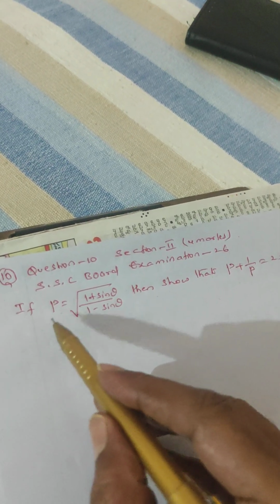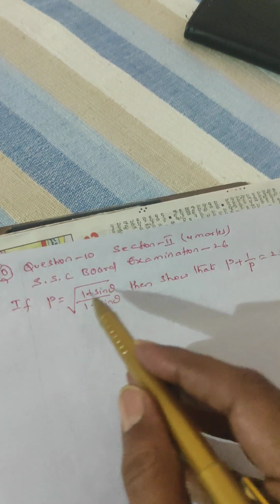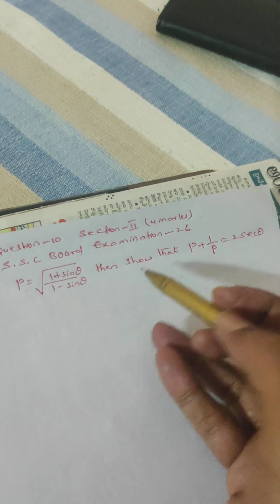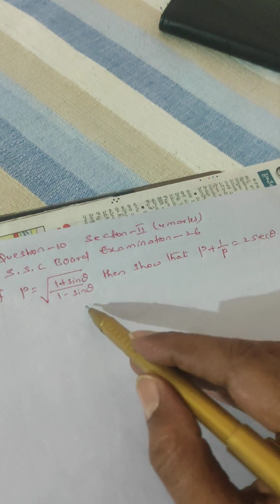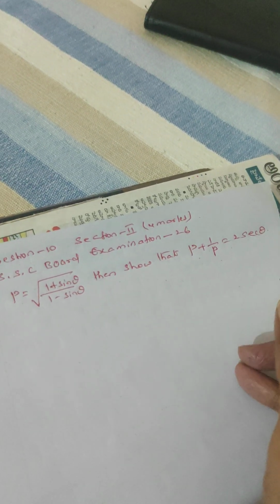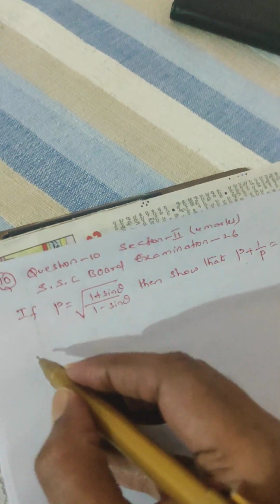The given part is P equals under root of (1 plus sine theta) by (1 minus sine theta). Then the showing part: using this, we have to show that P plus 1 by P equals 2 secant theta. So let us first write in detail